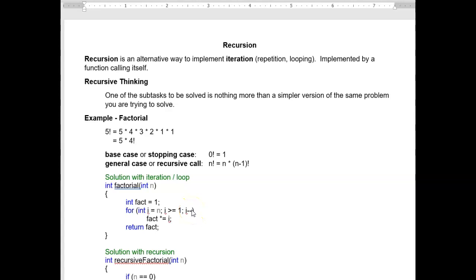Okay, so recursion is an alternate way to implement iteration, which means another way to implement repetition or looping in your program. And it's implemented by a function that calls itself. The most important thing for you to know is that you either use a loop or you use